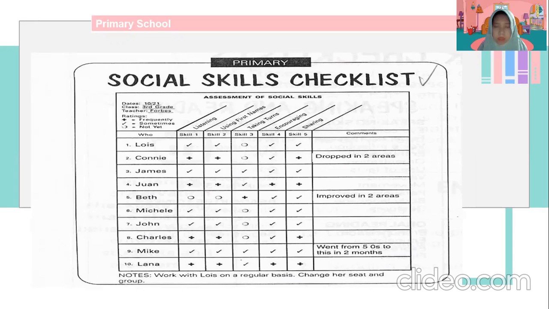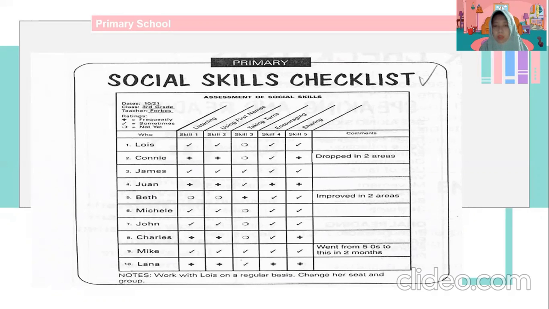If you want to use this type of observation checklist, you can use it while your students do group work in the classroom.